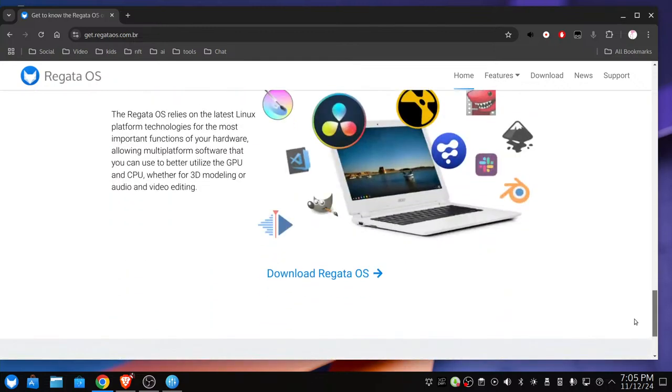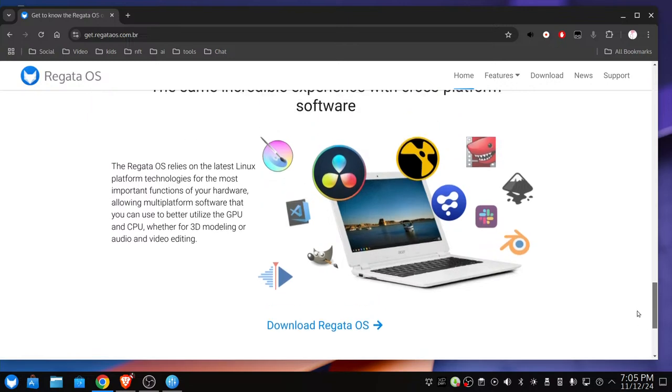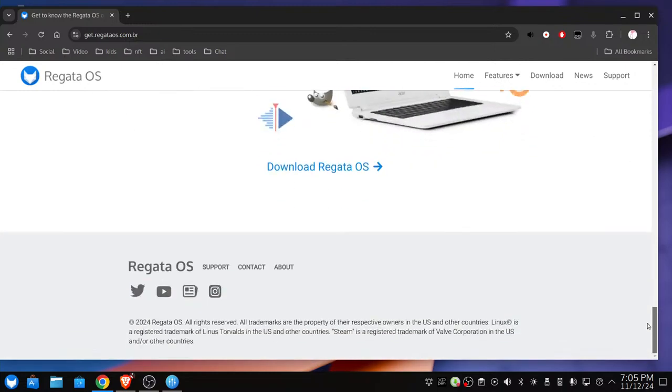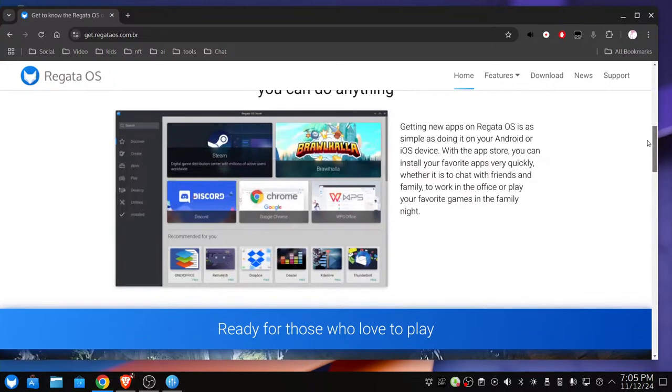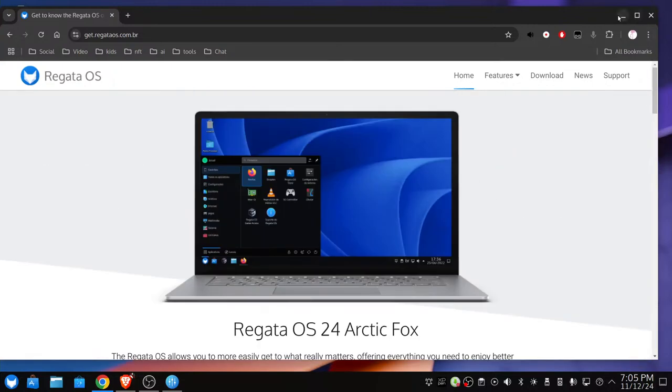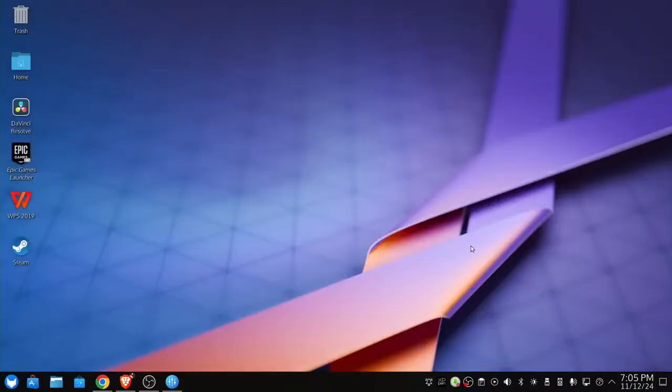I can take advantage of my GPU, which is nice, and this is what sold me right here. If you're advertising DaVinci Resolve out of the box experience, yeah, sign me up. So I have been messing around with it for a while. The only thing I really don't like is the default